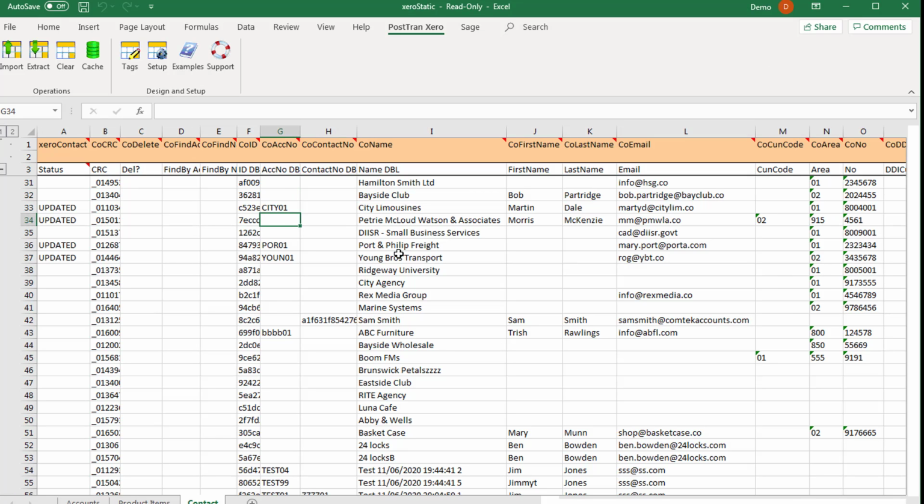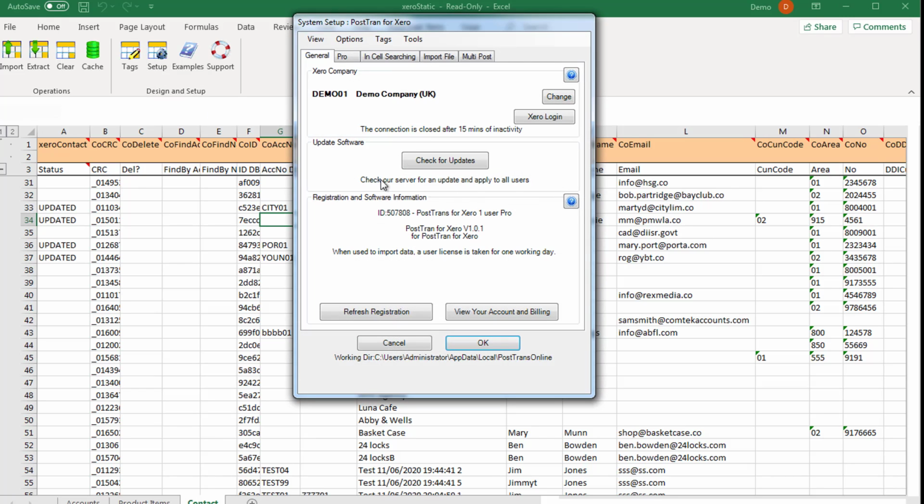Because the other thing is we would want to possibly select the Xero company we're going to deal with. If PostTrans is open for the first time, it'll ask you to do this, but I'm just going to go into the setup to explain where it is if you want to change it. See at the top here, it says demo 01, demo company. If I press Xero login, it will take me